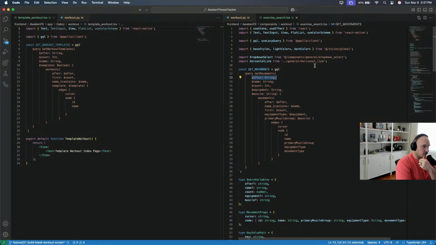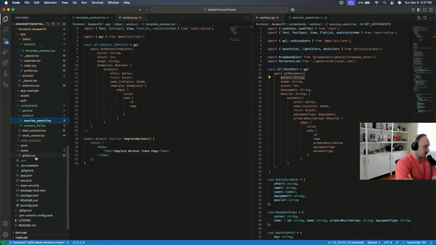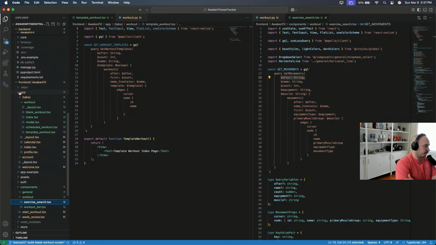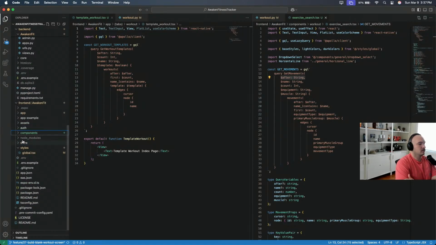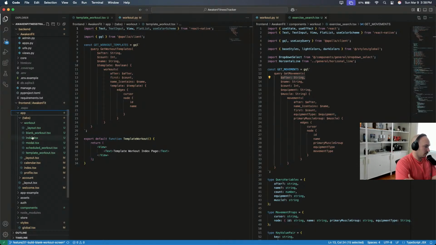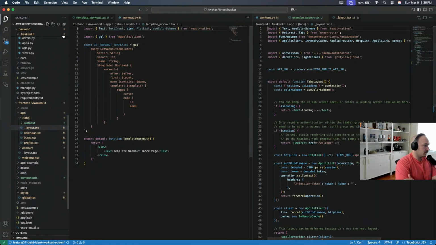Oh, so the Apollo client that I'm using for the GraphQL will also cache queries. So let's actually look at that real quick. Where do I have it set up? Oh, I'm silly. It's in app layout, not that layout, this layout. So we see here,